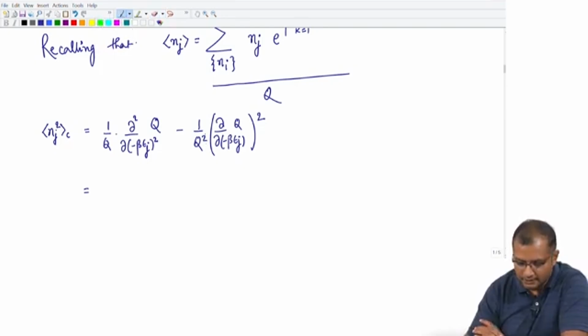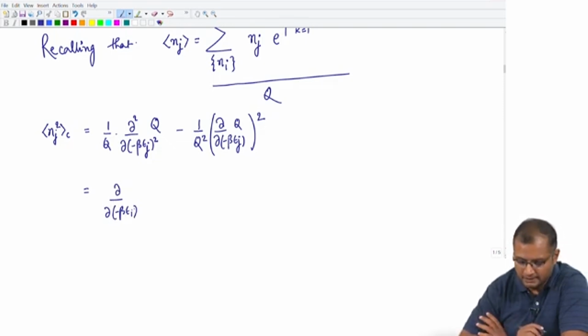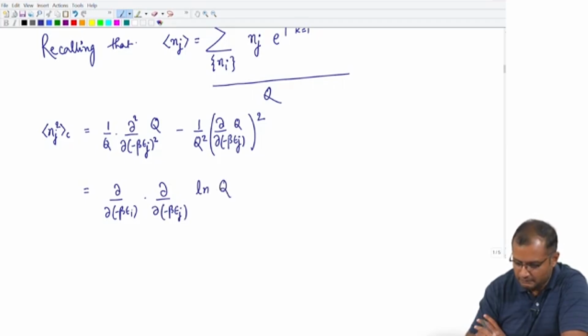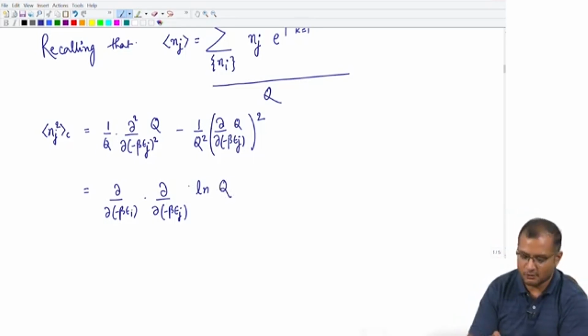So, you can write this as d over d E j, the second derivative basically, of ln q. So, as you can see, the innermost derivative sort of expands to